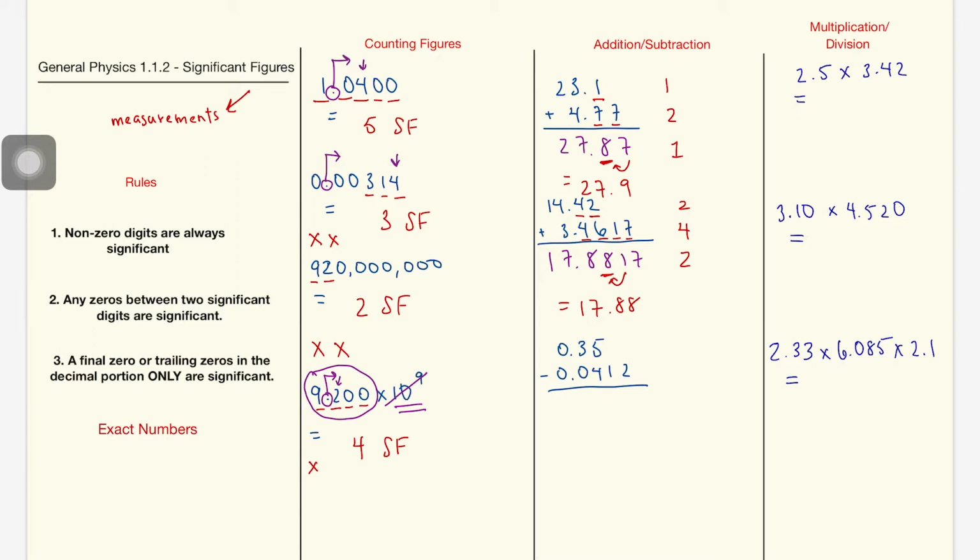The last problem in this column is a subtraction problem. If you notice, the first number, 0.35, has 2 decimal places, while the second number, 0.0412, has 4 decimal places. This means the answer should only have 2 decimal places. Doing normal subtraction, we redistribute some units to make this easier to solve. Finally, our final answer is